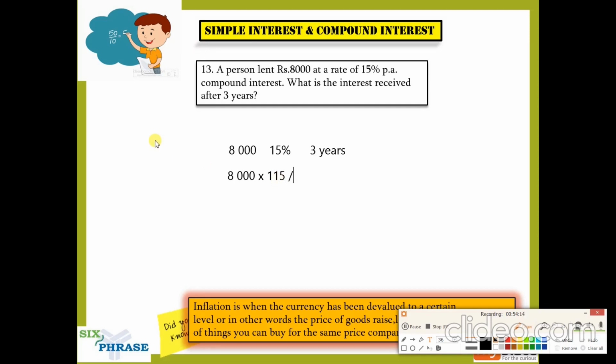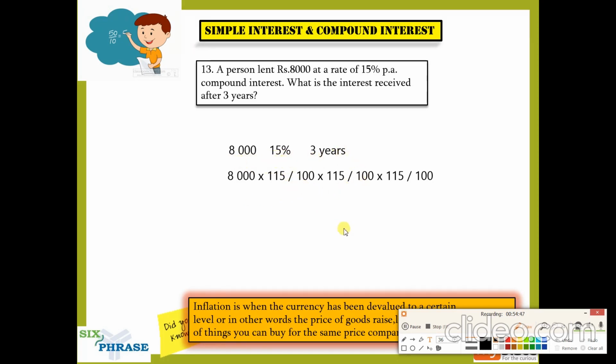Correct? What I'm doing is, I'm doing this. Why am I doing it 3 times? I'm increasing 8,000 by 15 percentage 3 times. So this will give me my final answer. This is how simple it is. You don't need to do anything else. Just increase 8,000 by 15 percentage for 3 years, right? For 1 year, you increase 8,000 by 15 percentage one time. 2 years, increase 8,000 by 15 percentage 2 times. 3 years, increase 8,000 by 15 percentage 3 times. So that is what I'm doing.